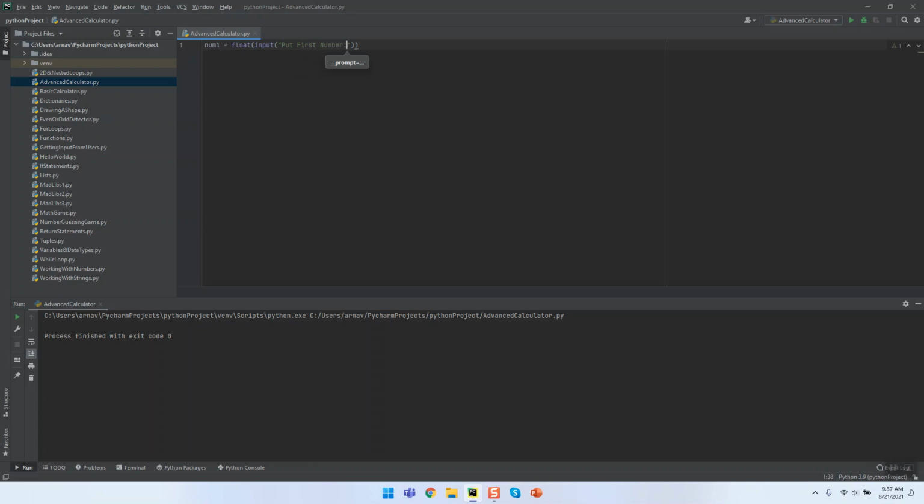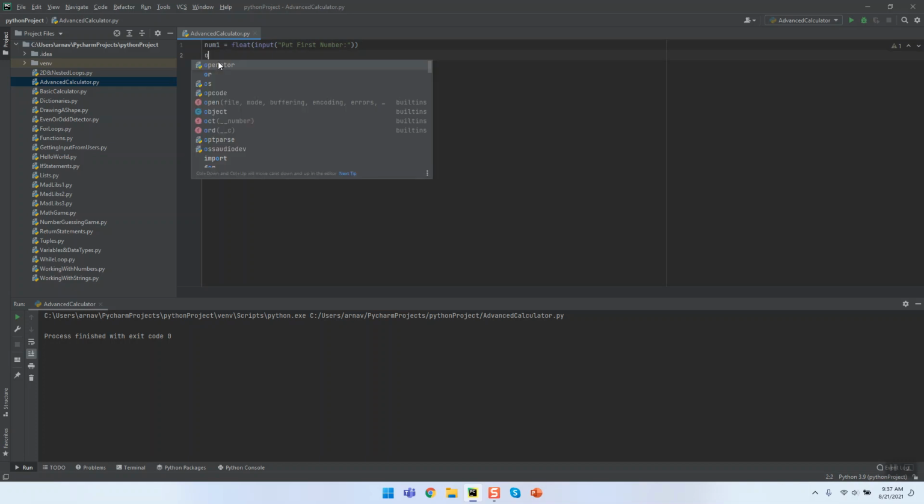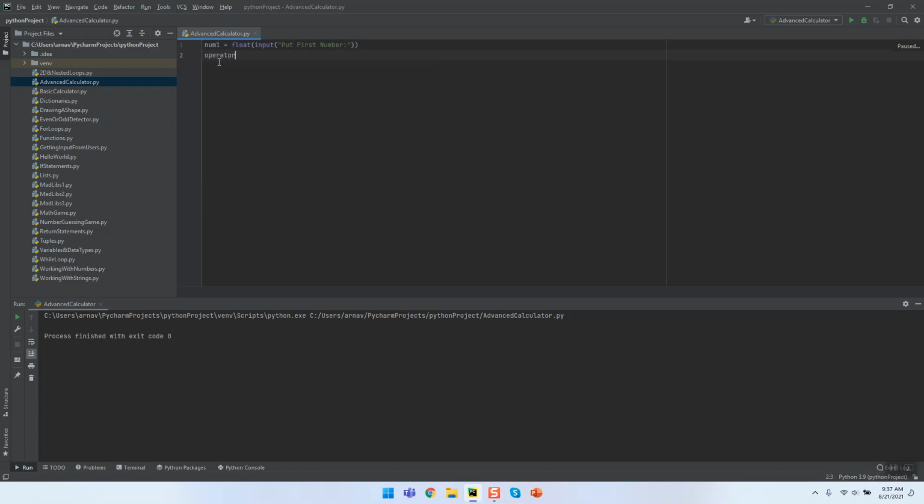number. I'm going to come down and make another variable. Its name is operator, and I'm not going to type float in this because it's a string, and then I'm going to put input, put the operator. And I'm going to create one last variable, num2 equals input,